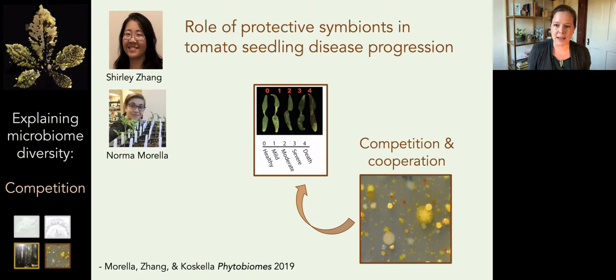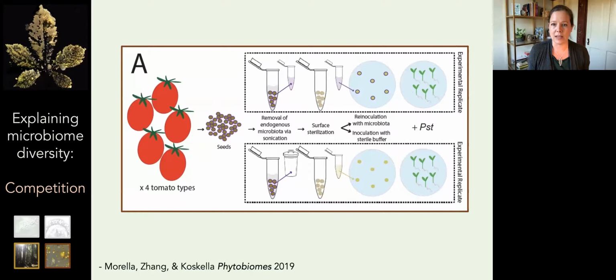I basically mean that we've known for a long time that seeds have epiphytes. They have a microbial community associated with them. And so Shirley and Norma took advantage of this to do the sort of plant equivalent of a fecal microbiome transplant. All right, so they collected tomato from 4 different types of tomato in the field, growing in sort of natural agricultural settings. They brought them into the lab, surface sterilized the tomatoes, and then fermented the fruit just like you would normally to collect seeds, collected the seeds from those 4 different types of tomato, and then used a jewelry sonicator to gently shake off and disassociate the epiphytic microbiome of the seeds from the seeds themselves.